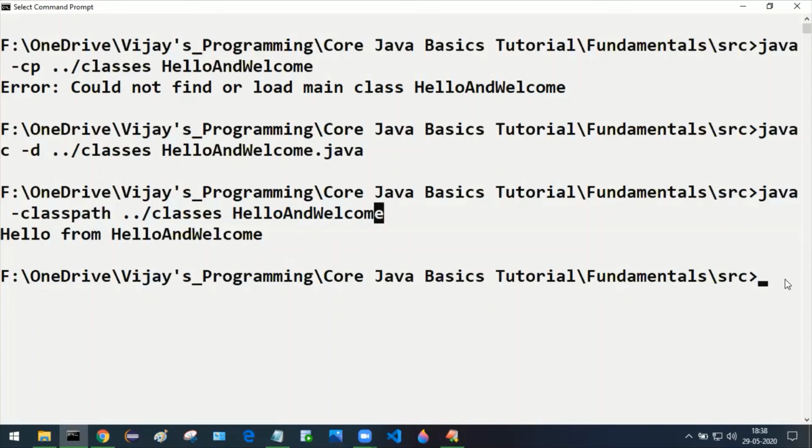So that is the usage of this -d and -cp or class path option, and we use that to separate the .java file from the .class file. That is the main purpose of using these -d and -cp or -class path options. Thank you.